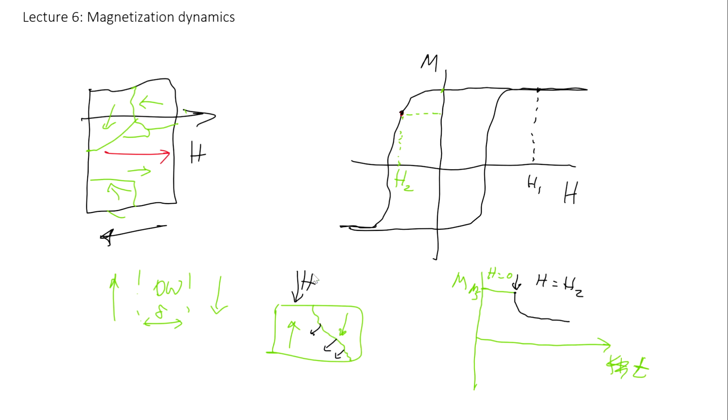But when you apply field, initially domain forms fairly quickly, and then the domain wall moves and it gets pinned by impurities or by the lattice disorders. And at some point, the fast motion stops and you get this slow motion of domain wall. So within a time scale, let's say if this can happen within microseconds or milliseconds, then this can be happening for hours, days, months, and years. So this small domain wall motion. And this process here,